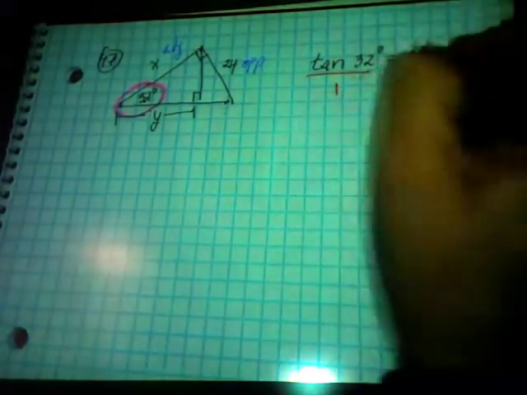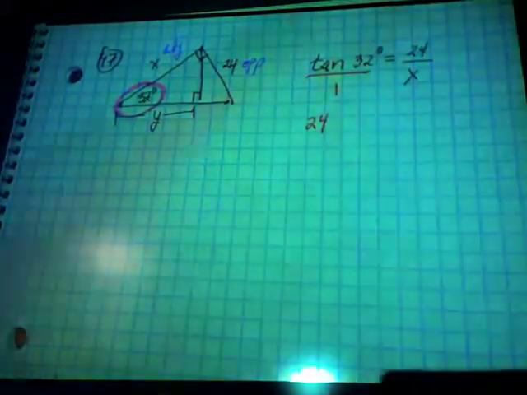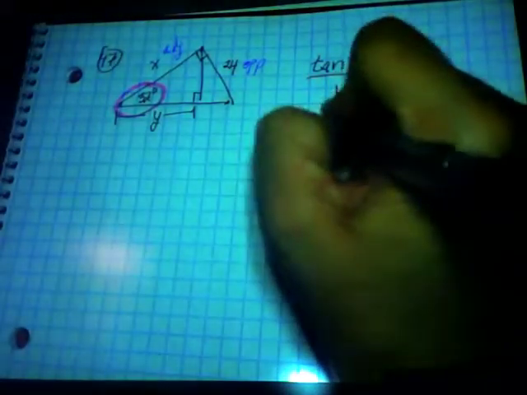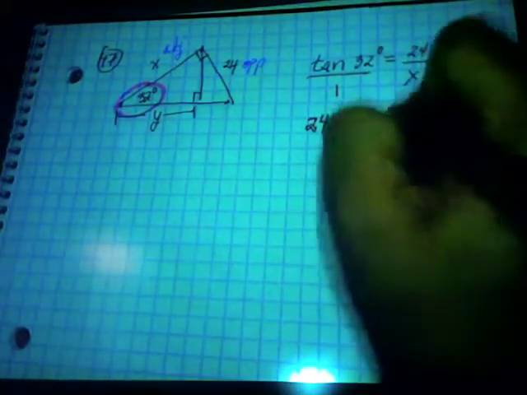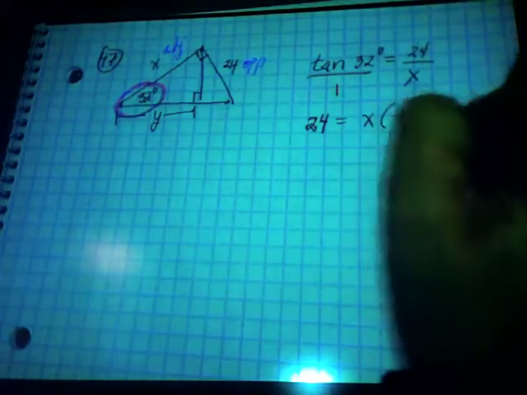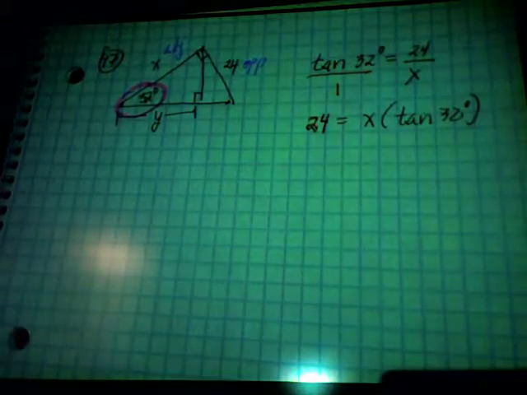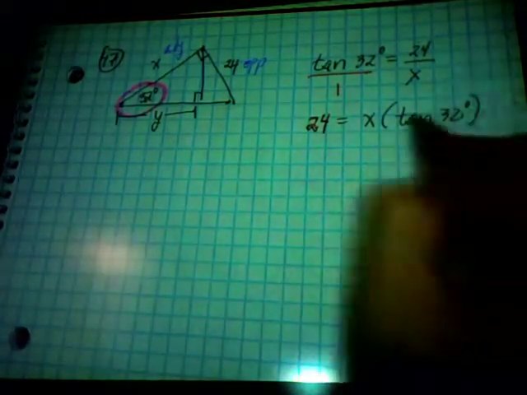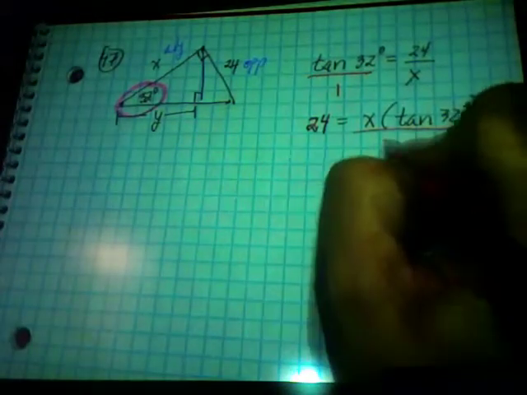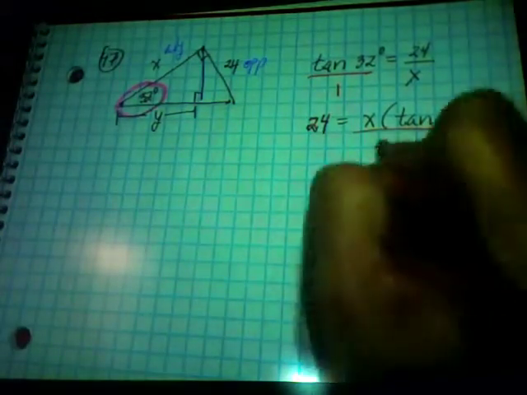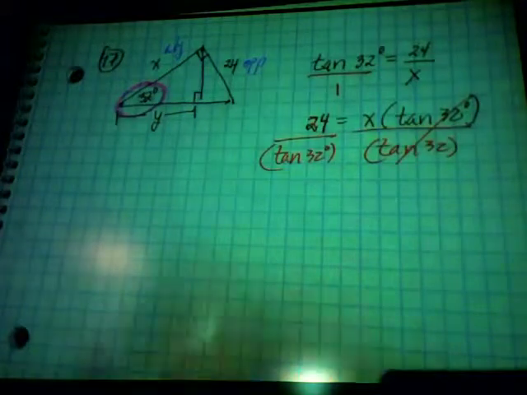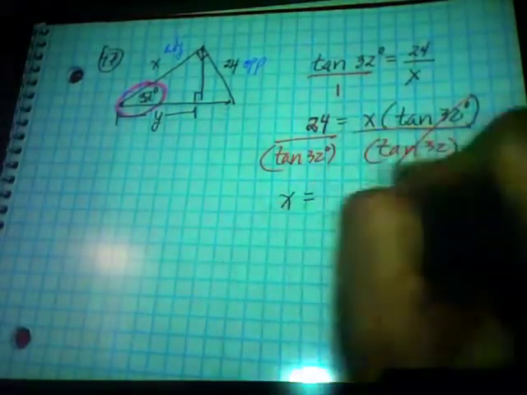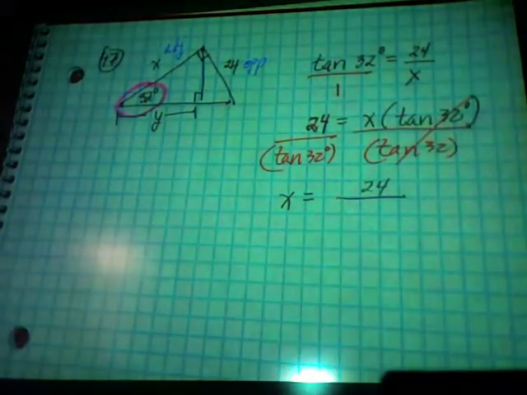You end up with 1 times 24 is 24. Whoops, I didn't mean to put that in red. Equals x times the tangent of 32 degrees. Don't I want to get x by itself? What's happening to x and tangent of 32 degrees? It's being multiplied, so don't we divide it? So those cancel. So x is equal to 24 divided by, then look up in your table,